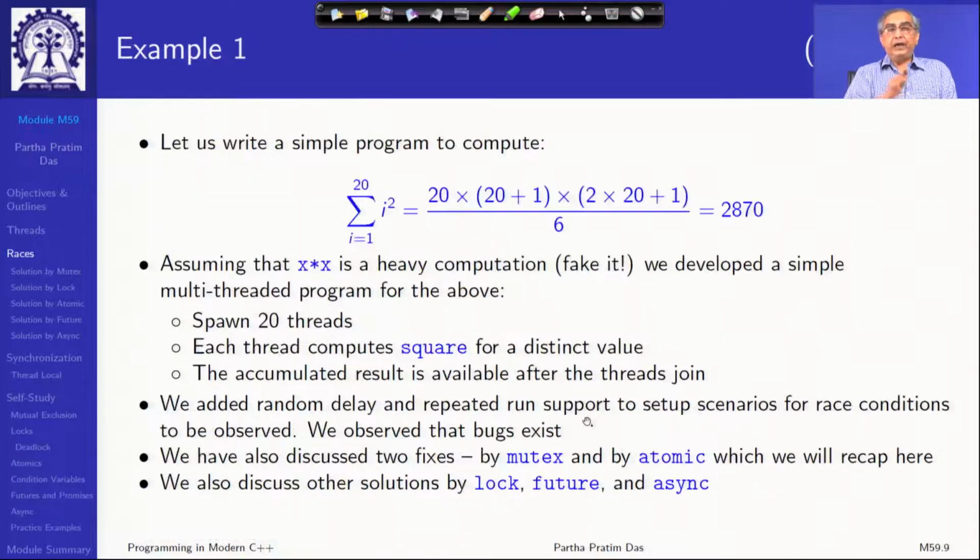Now, we will continue with the same example, which was to find the sum of squares of 1 to 20, and we had assumed that x multiplied by x is a heavy operation. To simulate that, we have also modeled a random delay after the computation of this product in accumulating the results. And to be able to repeat this,